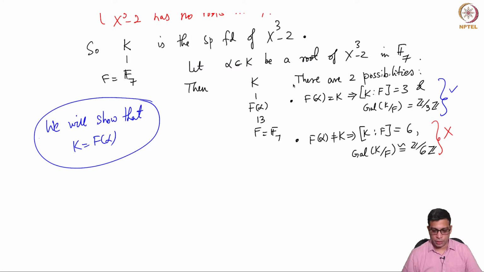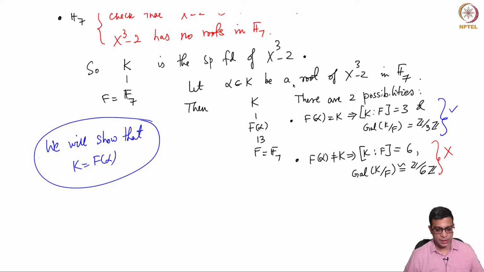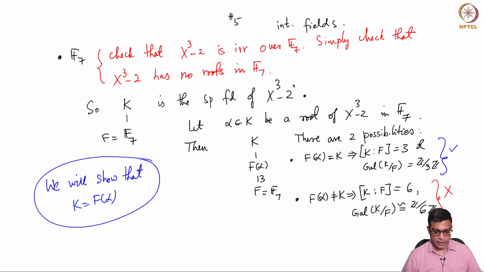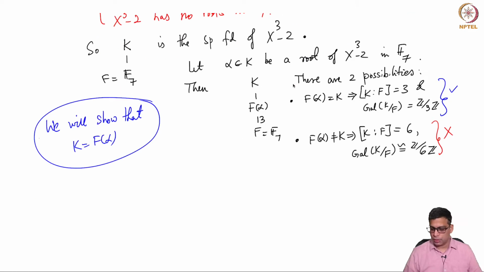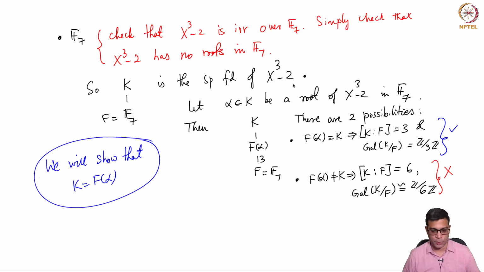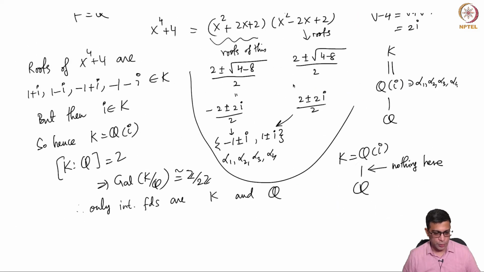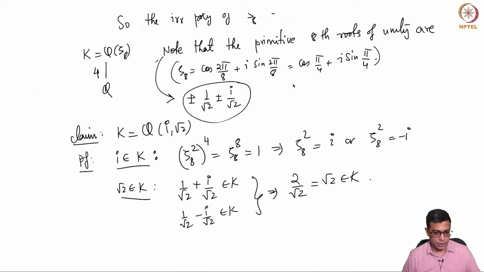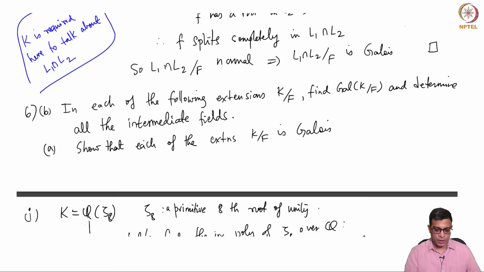Welcome back. We are doing some problem sessions, and last class I ended with this problem where I left it in the middle of the problem, and I will complete it now. So this is actually easy to finish now. If you recall, in this problem, number 6, we are asked, in each of the following extensions, to first show that it's Galois, then find the Galois group and find all the intermediate fields.